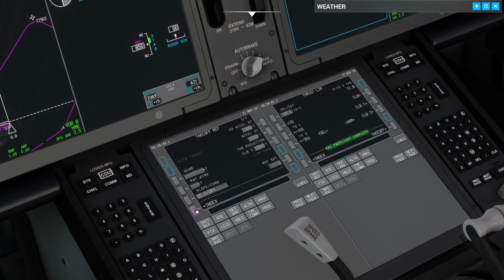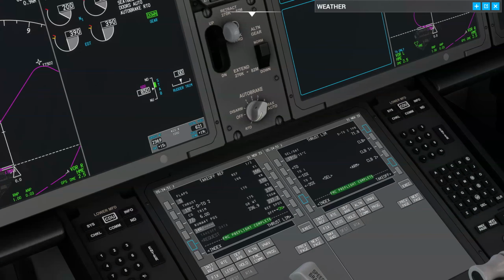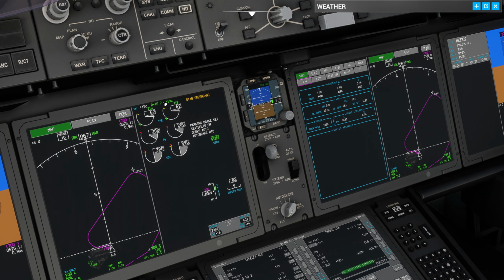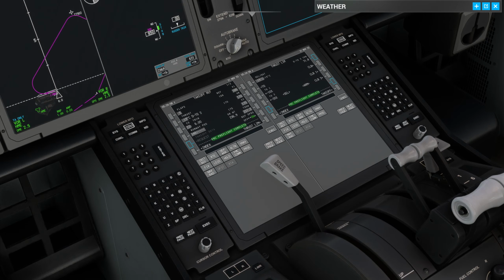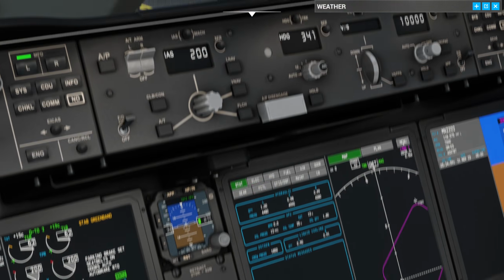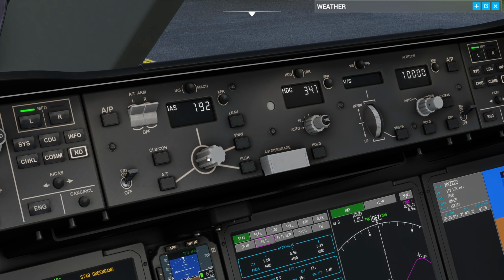So that's all done. So back to index, back to init ref, and it should take you to here, and we should see FMC pre-flight complete, but we're not quite done. We want to make sure this has all gone in. So you look up here, make sure you have that temperature of 19, the takeoff 2, and then moving up onto the MCP, we need to set V2 of 175. So I'll set that here,